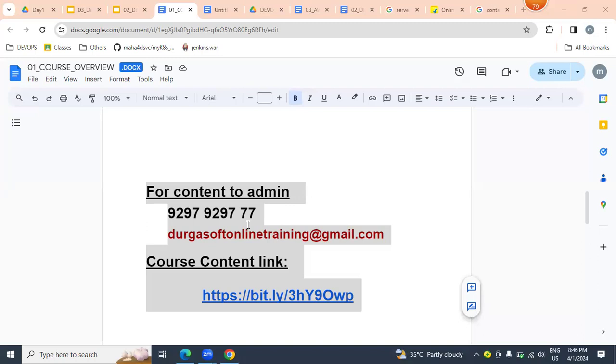Just double click. Ready, Shashi, just double click, don't copy. Just double click and it opens automatically like this. Don't copy, it won't work if you copy. Just double click.